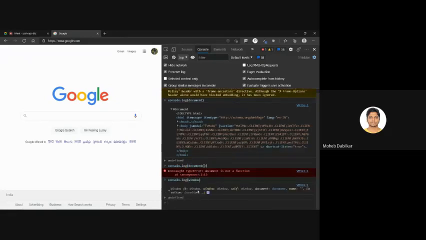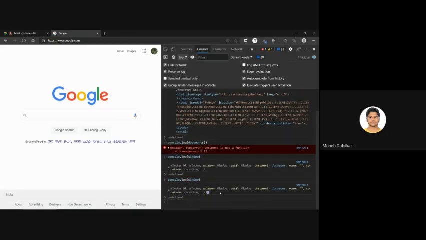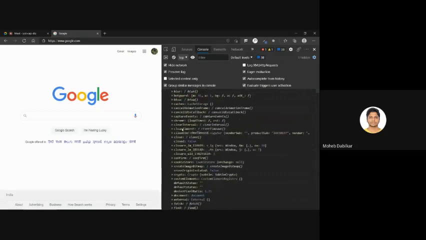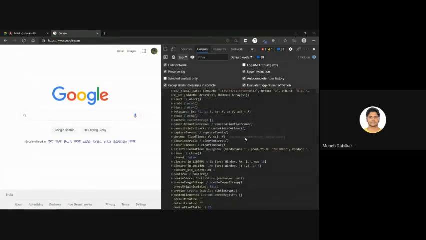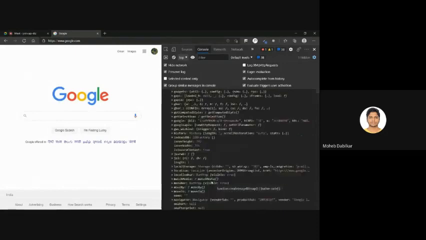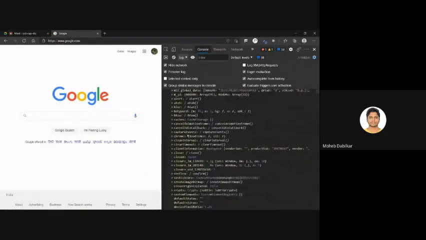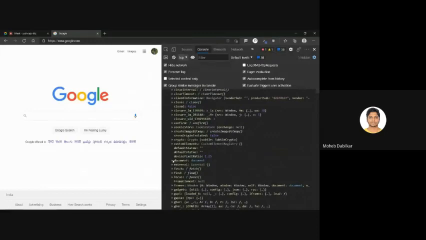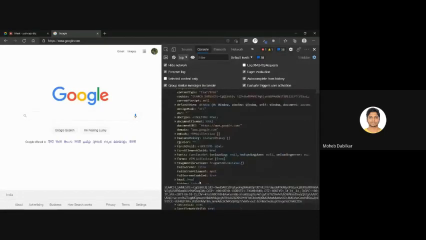Now even though there are things which we cannot access from this part, we did get access to this window. It will lag a bit because this window file is very big. Once I click over here, it is loading. Now you can see it gives us a lot of things, like we have caches, cancel image stream, and inside this only we should be having our document object. Yeah, you see this document part over here. So that is your global object.